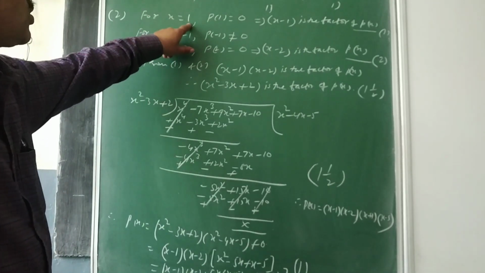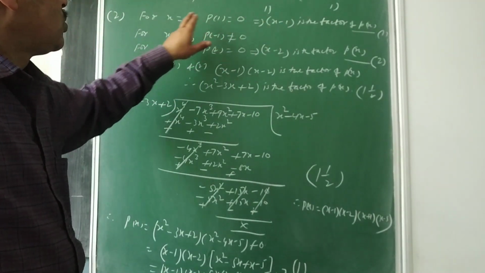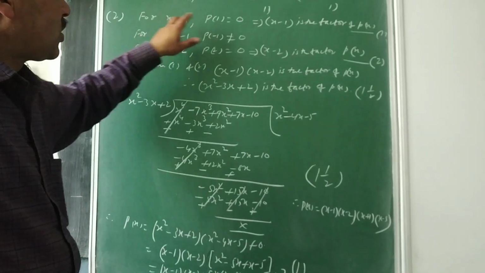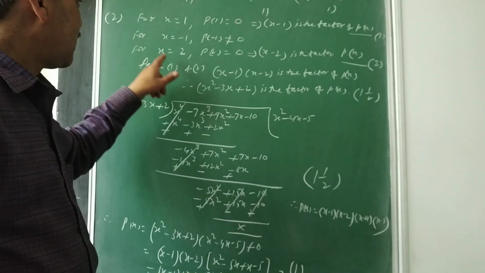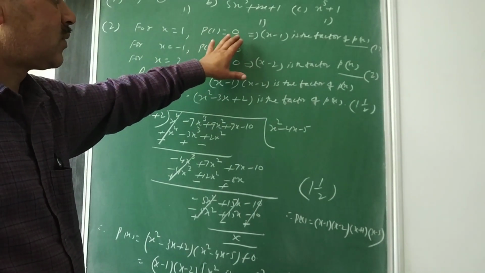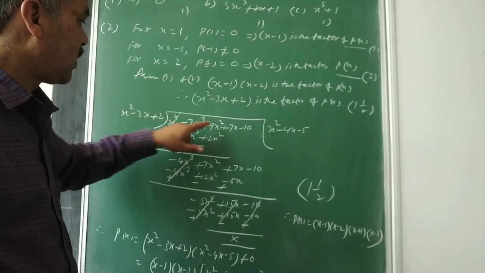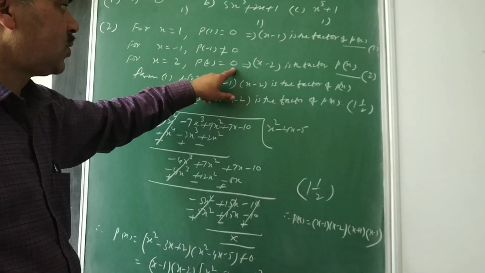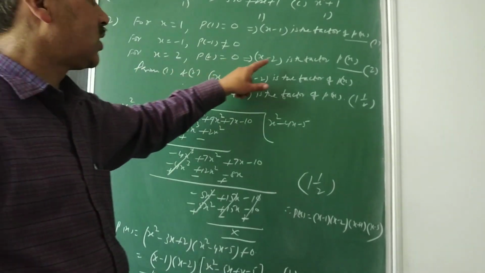If you put x is equal to 1, your p(1) will be equal to 0. If p(1) is equal to 0, that means x minus 1 is a factor of your given polynomial. Similarly, if you put x is equal to minus 1, you check that the result is not coming equal to 0, so just leave it. If you put x is equal to 2 in this polynomial, again your result is equal to 0. So I can say if x is equal to 2, then x minus 2 again is a factor of